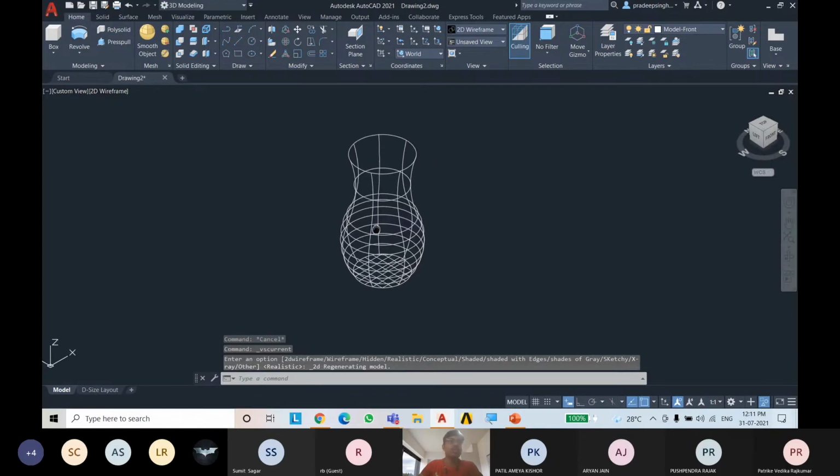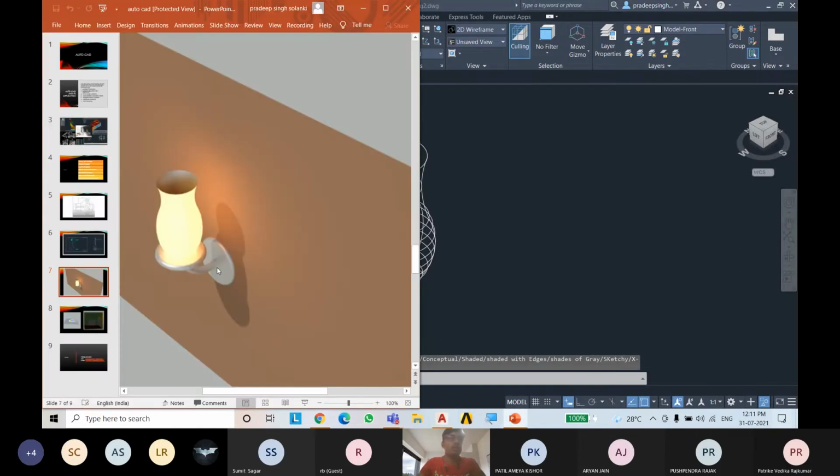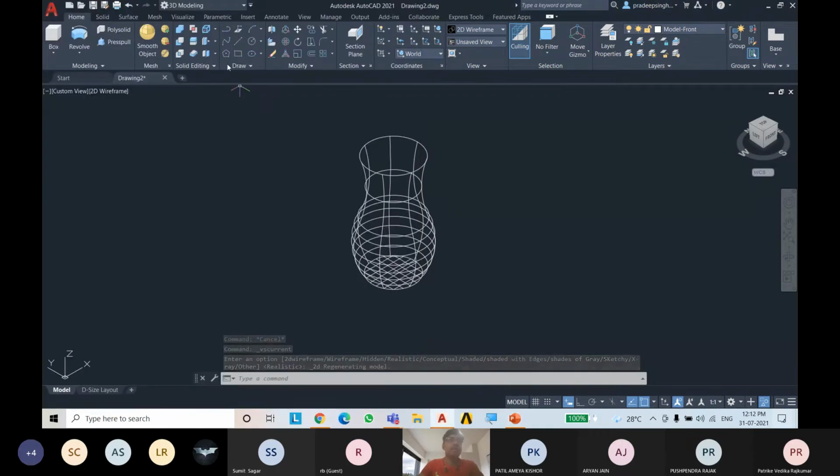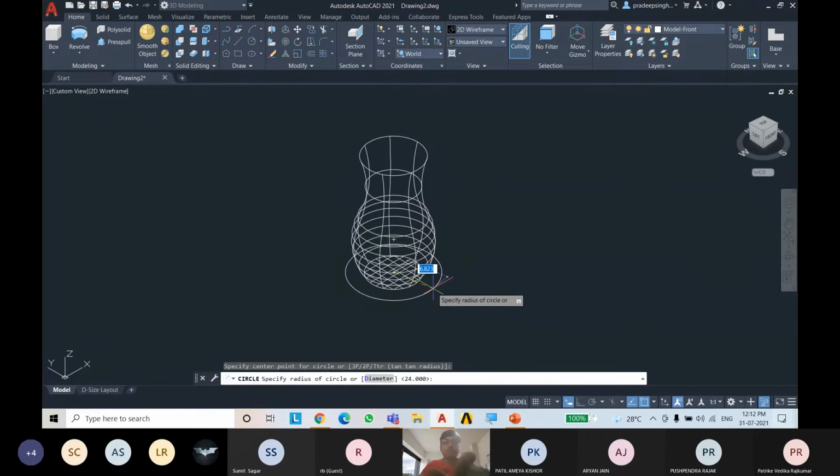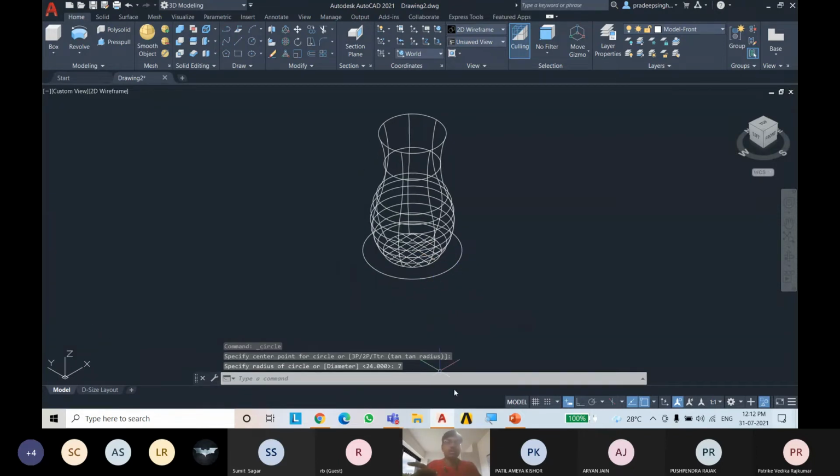Change to wireframe. Now we will draw the base part of this handle. For that, we need to first draw a circle at the bottom. Draw a circle of 7 mm radius. You can see that the circle is a 2D shape.